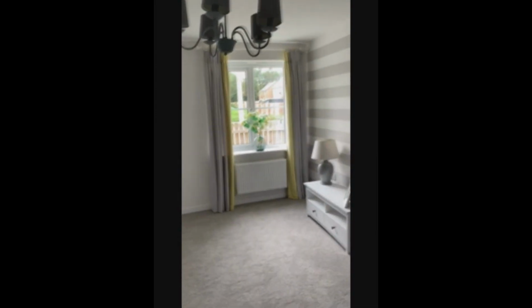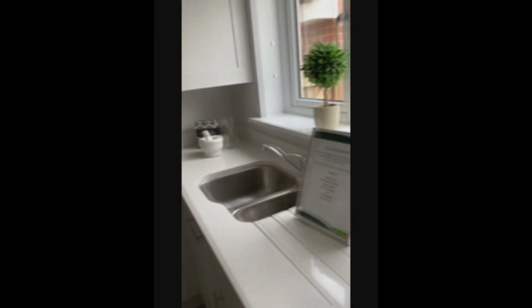Alright guys, so we're in the first show home of the day. This is a three-bed mid-terrace. You guys haven't seen the show house we looked at, but already it's an immediately different layout to what we're used to. We go straight into the living room there. Nice kitchen though, I'll be honest. It's smaller than the other ones, but I quite like it. What do you reckon? Yeah, it is nice. We've had a look at houses by this developer previously, in a different location, much different layout than this. But yeah, it's quite nice. It is smaller, but